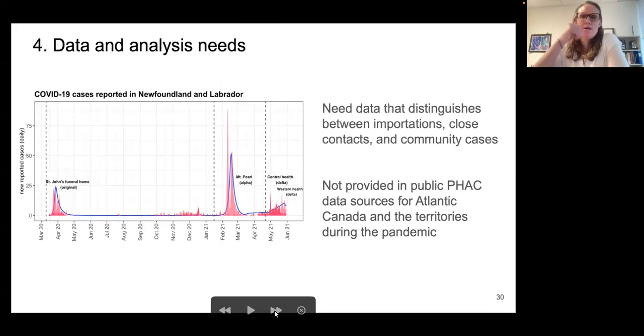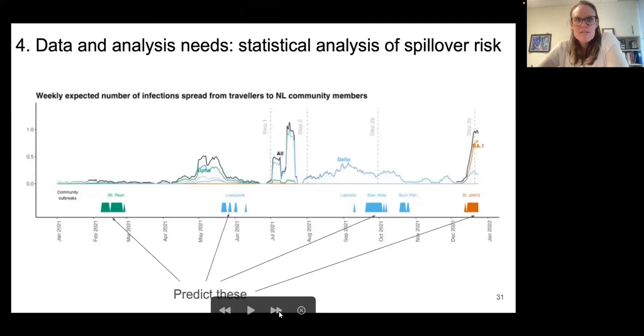Okay, so in terms of needs, I think to support regions implementing an elimination strategy during a pandemic, it would help to have data reported delineated in terms of travel-related cases and community cases, because these arise from different mechanisms and have very different risks associated with spreading. So this is an important heterogeneity that should be reported in data. We also need to develop